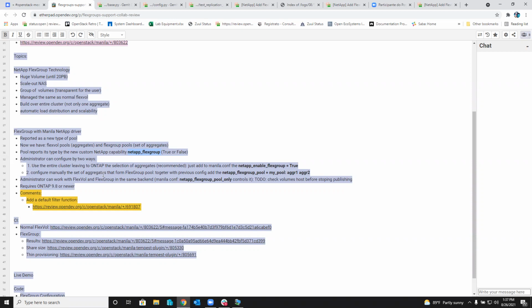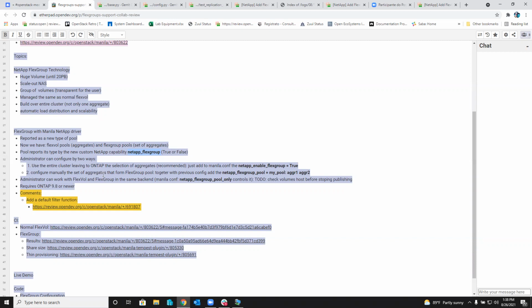Okay, if you have an operation like migration volume, in the check part we would deny it. There are some things that we must have to migrate a volume, like it must be in the same backend and other things. One of these restrictions is if the volume is a flex group. If it's a flex group, we will deny. We will throw an error saying that we do not support yet